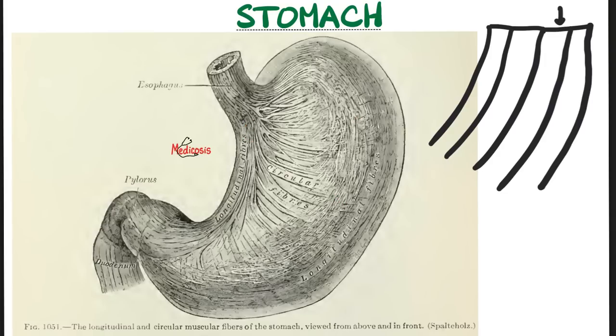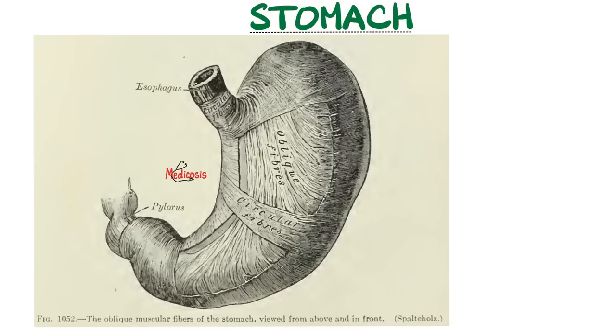We have longitudinal fibers and we have circular fibers. But wait, there is more. We also have oblique fibers. The fibers tend to be more circular at the sphincters. The fact that the stomach has different orientations of muscle fibers is not for the lols. It has a purpose. And the purpose is that we have 2 types of movement that we studied in gastrointestinal